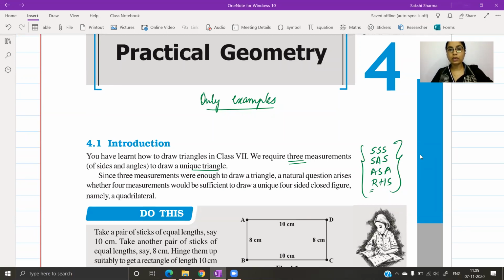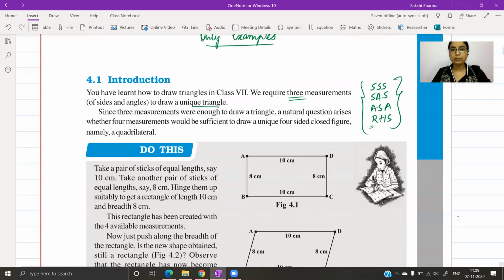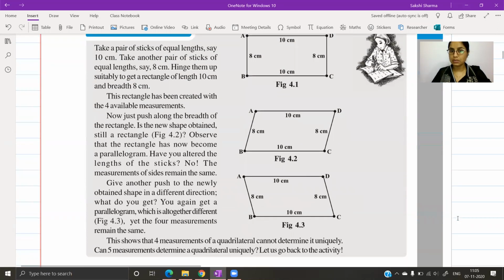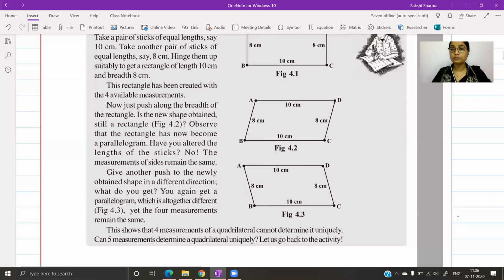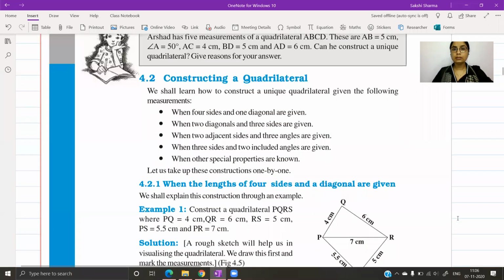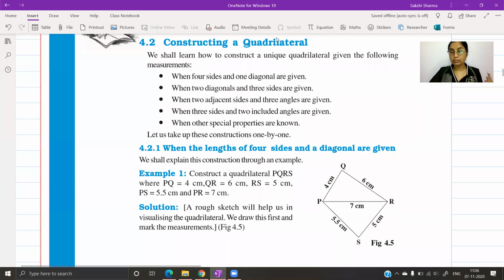So right now we have construction of quadrilateral, and for constructing a quadrilateral, we require a minimum of 5 of its elements. So elements of a quadrilateral are its sides, angles, diagonals. Out of those, there are 4 sides, there are 4 angles, there are 2 diagonals, there are total 8 elements. But what do we require? We require at least 5 of them so that the quadrilateral can be constructed uniquely. We will be doing these type wise. So the first one here is when 4 sides and 1 diagonal are given.